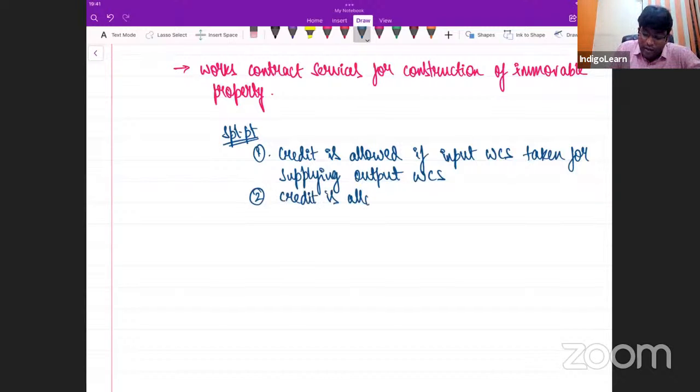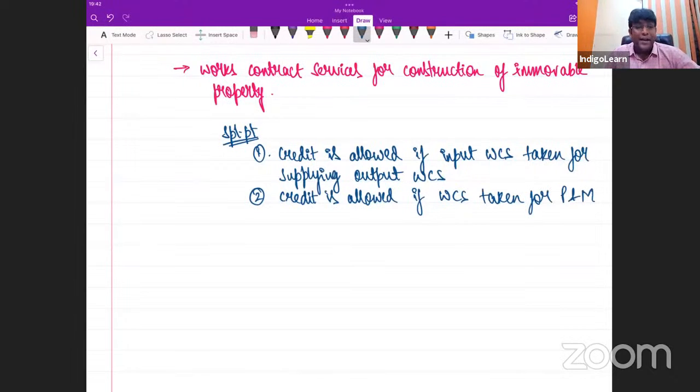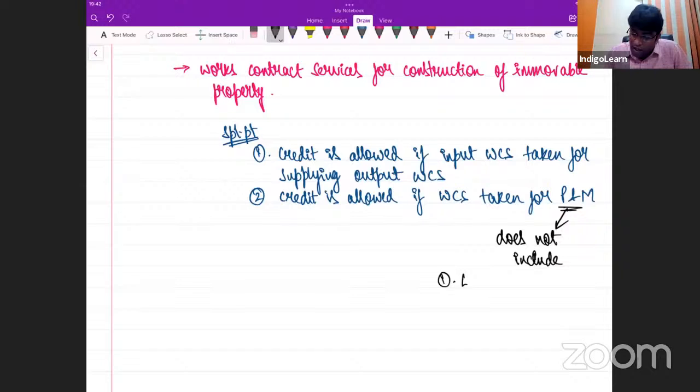Number two. Credit is allowed if works contract service is taken for plant and machinery. If it is related to plant and machinery, then definitely credit is allowed. But plant and machinery does not include. Now, first of all, what is plant and machinery? Plant and machinery is something like any machine, equipment, or any apparatus which is fixed to the earth by any foundation or structural support, something like any machinery, equipment, or any generator. But plant and machinery does not include, number one,